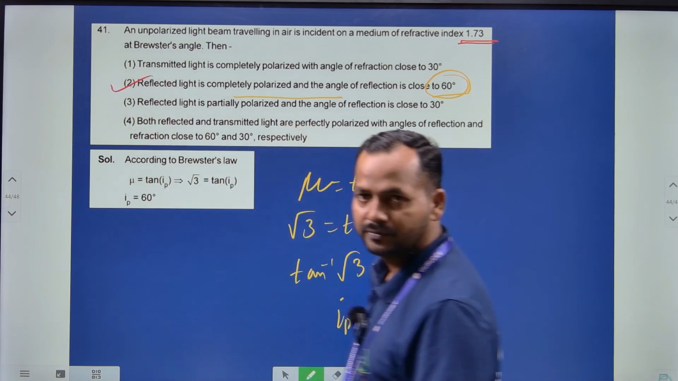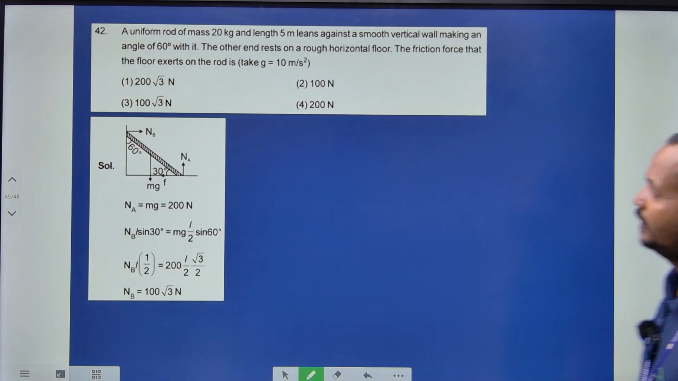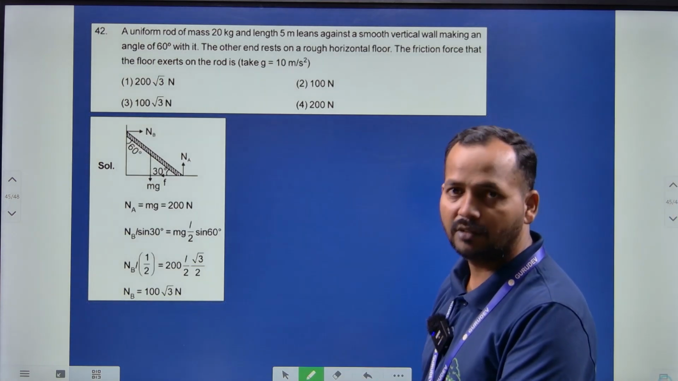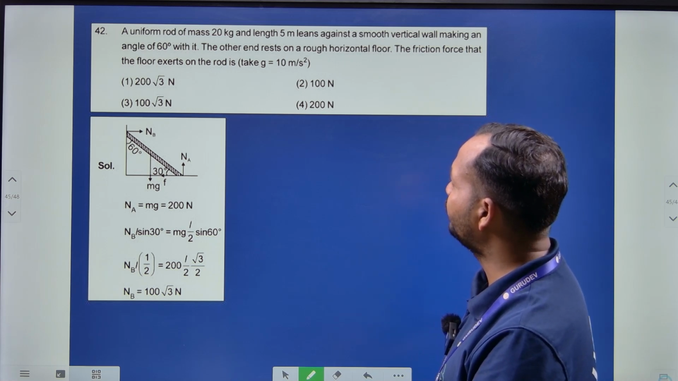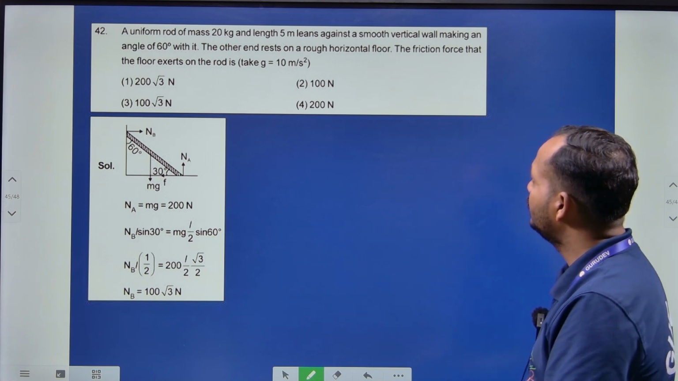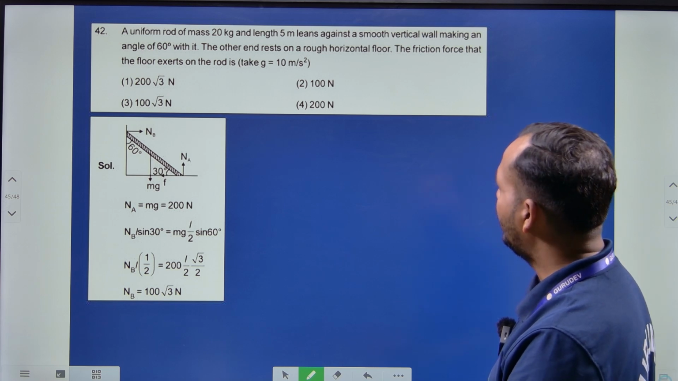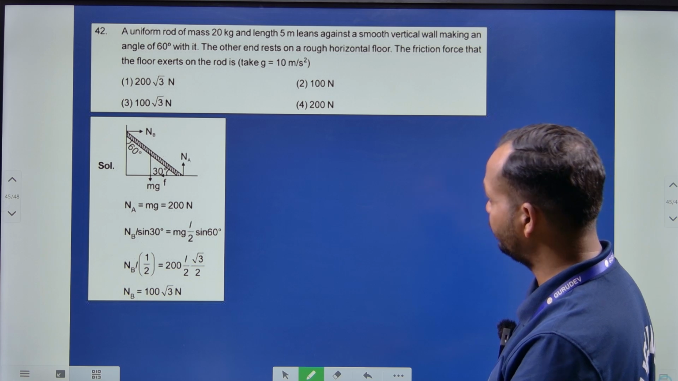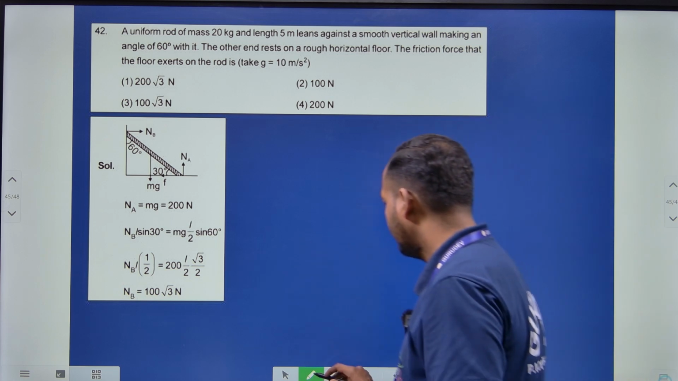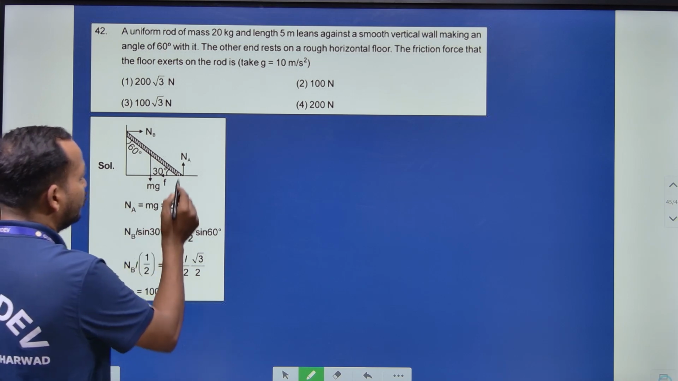सेकेंड ऑप्शन, ठीक है। देन ये क्वेश्चन थोड़ा समझने वाला है, टाइम कंज्यूम करेगा। यूनिफॉर्म रॉड जो है 20 kg एंड लेंथ 5 मीटर, लीन्स अगेंस्ट a smooth vertical wall making an angle 60 degree with it, other end rests at rough horizontal surface, the friction that the floor exert on the rod। यहाँ पे आप इस डायग्राम को देखेंगे, जो नॉर्मल रिएक्शन आ